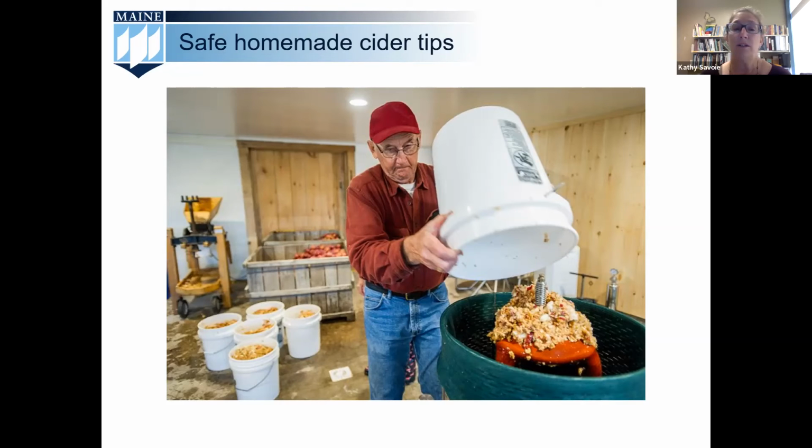Don't allow spoiled or partially spoiled apples to enter the grinder. So go through, check what you're using for cider making, and remove any of those apples that don't meet the quality that you want to have in the long run. Don't leave cider at room temperature for longer than 2 hours. We will include additional resources on how to make a sanitizing solution at home